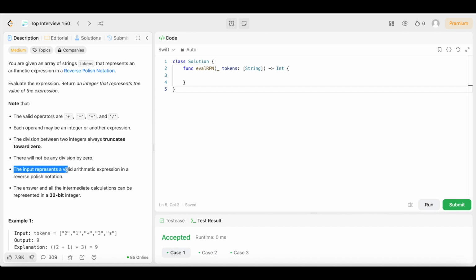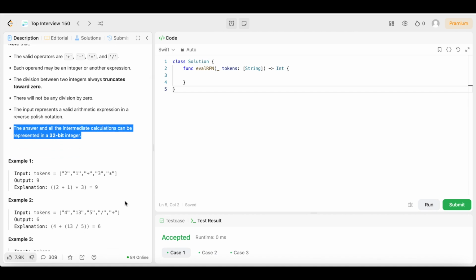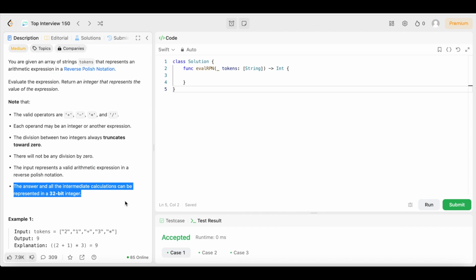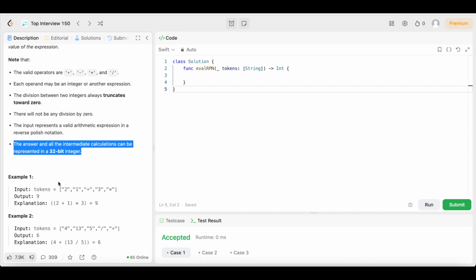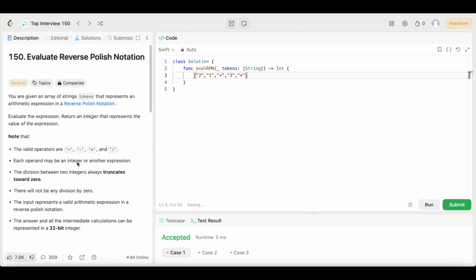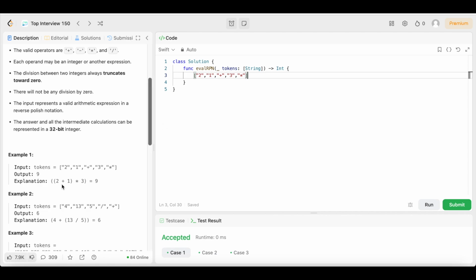The input represents a valid arithmetic expression in reverse Polish notation, and the answer and all of the intermediate calculations can be represented in a 32-bit integer. So let's look at the example so they know what they mean, specifically what reverse Polish notation means, right? So let's copy and paste this and bring this over here so I could explain it a little better to y'all, right? So what this reverse Polish notation is, what we're going to do is, so we come right here